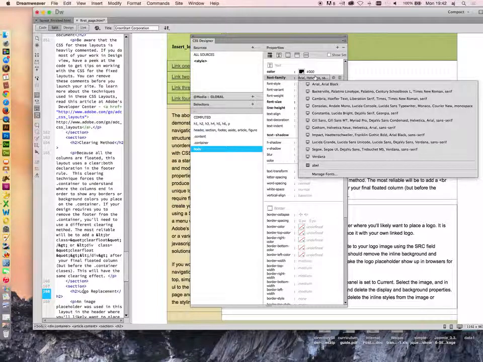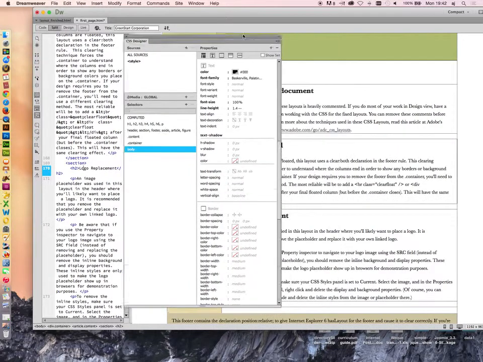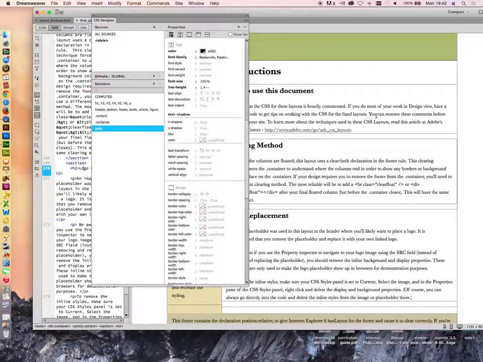Remember we briefly discussed font families, and font families do this for you. They basically set a precedent on what the font is that you're going to see. All right, first font you're going to see is going to be Arial, second one you're going to see is Arial Black. First one with the one below here is going to be Baskerville. I'll change it to that just so you can see, click off it, there you go. So the first one goes to Baskerville so far, and so on, okay? All right,